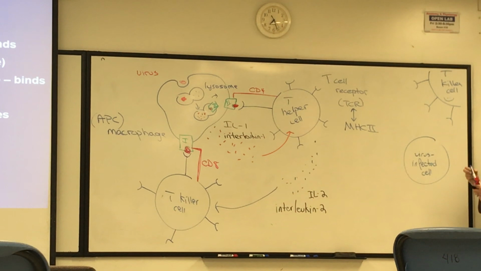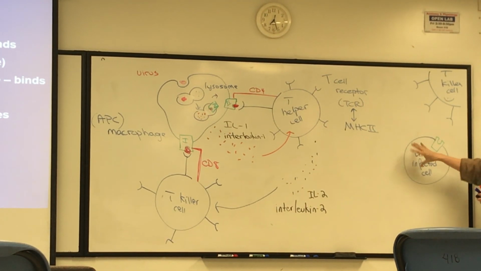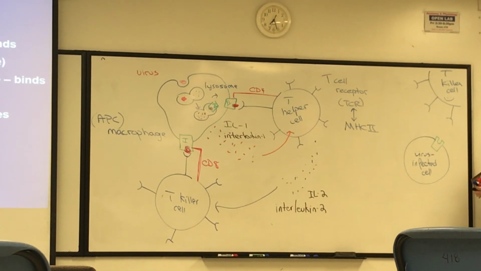This is a body cell, and so it's going to have the viral antigen. It may have different pieces of that virus on here, but if it has the same piece that activated this cell, then again, by chance, the T killer cell's T cell receptor